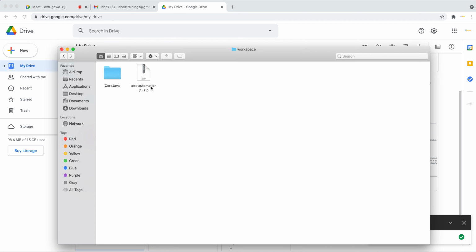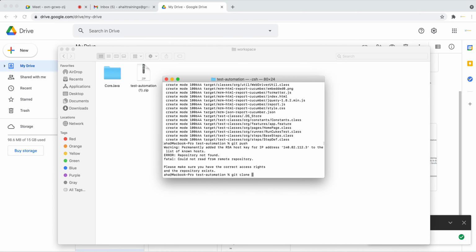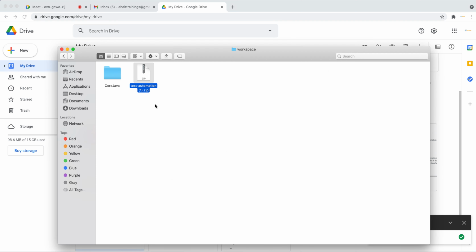If you're downloading from Git, all you have to do is go to command prompt, git clone, and put that repository. It will download to your workspace. Both are same. Now we're not doing from GitHub. We are doing it from Google Drive. In future, if I put the framework in GitHub, you have to do the git clone instead of downloading from the Google Drive. But today, my code is not sitting in GitHub, so my code is in Google Drive. I just downloaded the file from Google Drive and I pasted in my workspace.